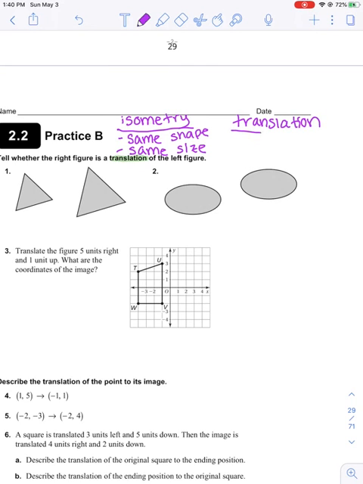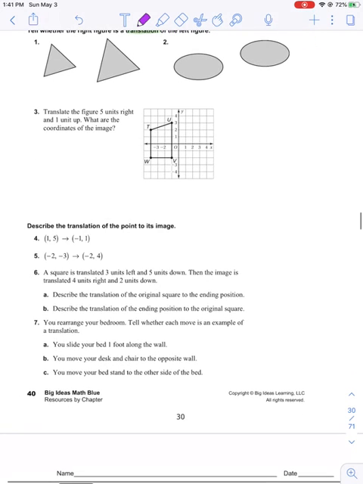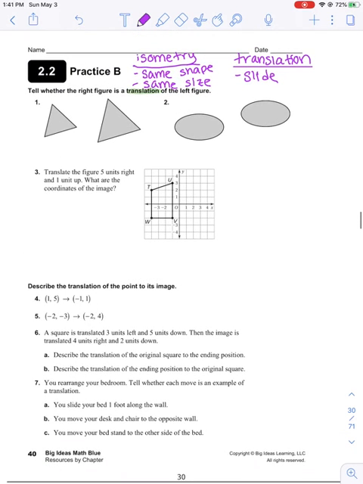And then the third rule, since we are looking at translations only here, because we're not looking at rotations or reflections right now, is that it has to be a slide. So it can't be a flip and it can't be a turn. So if it's asking you to tell if it's a translation or not, these are basically the 3 things you're checking. And then some of the questions on the page are about that. The other questions on the